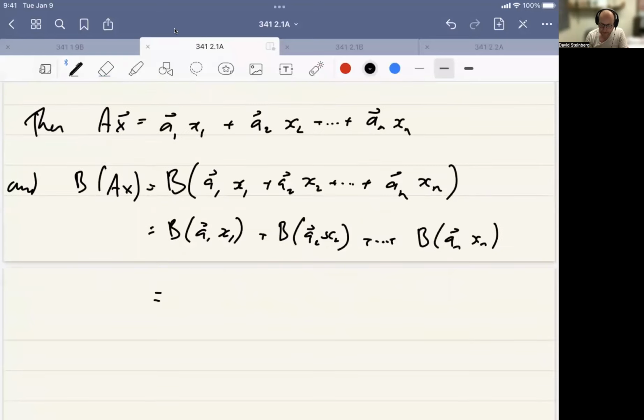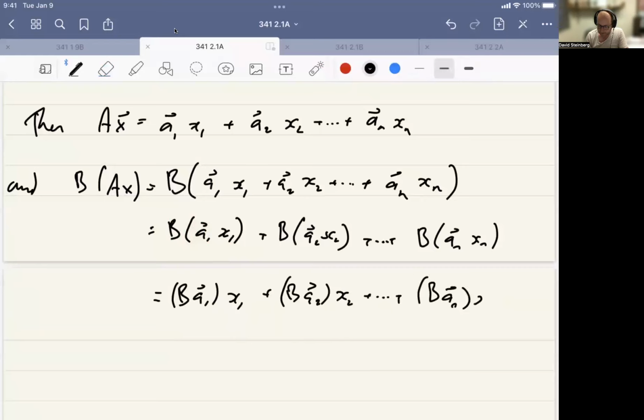And one of the many properties we know about multiplying a matrix and a vector is that we can actually pull out scalars. So this becomes x1 times B a1, plus x2 B... It makes more sense to pull out the scalar in the other direction: Ba1 times x1, plus Ba2 x2,